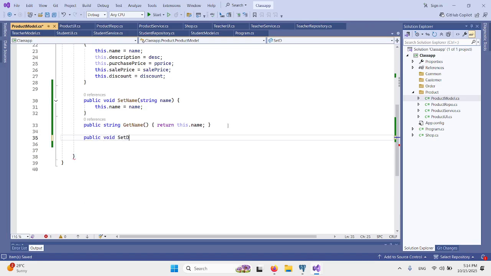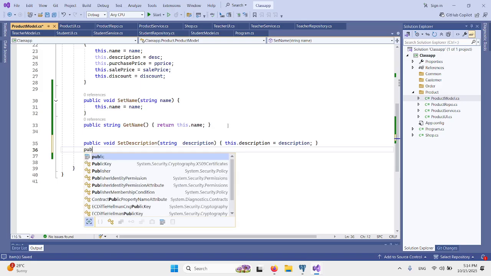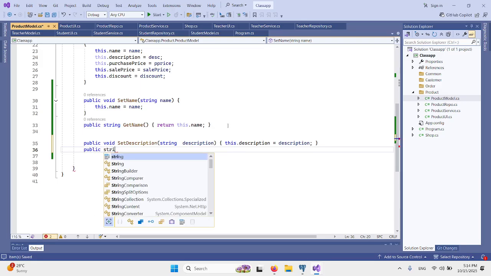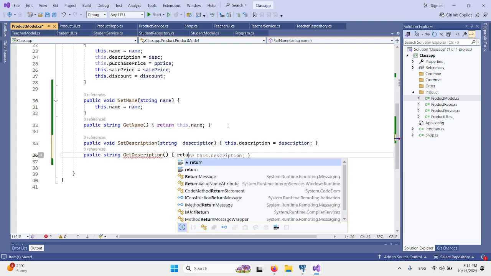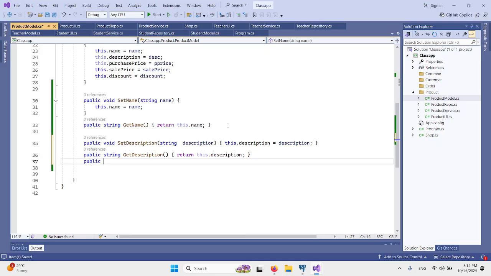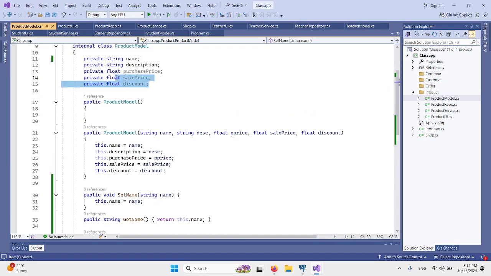Void set description. I think it is giving me some hints, so let me complete this quickly. So this is how you can write all the functions.